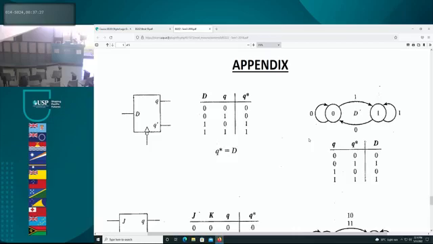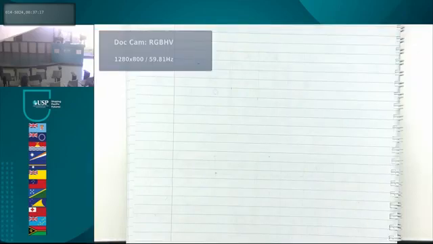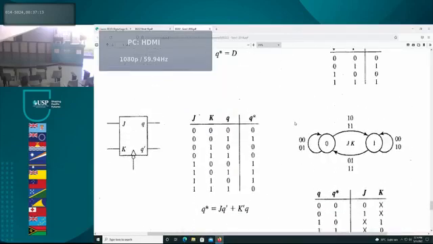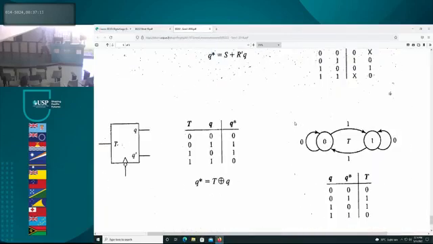Okay, because the idea is that by the end of this week, we will be able to apply it. Up till now, we are only learning the theory, right? Then you may be asking, what about these two, JK and T? Okay, for JK and T flip-flop,